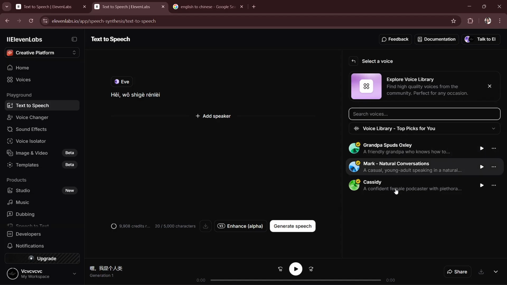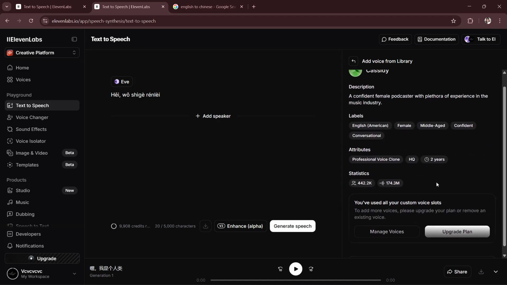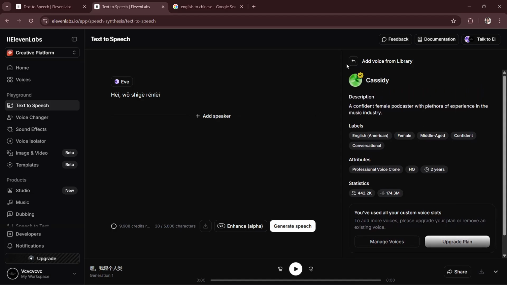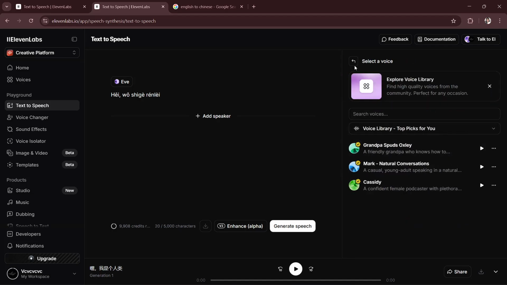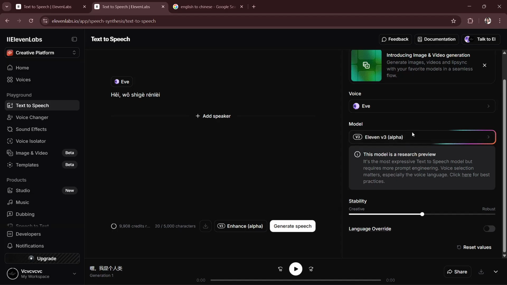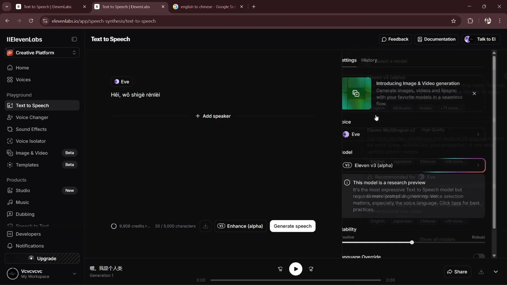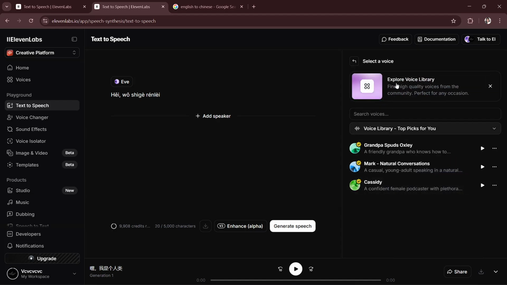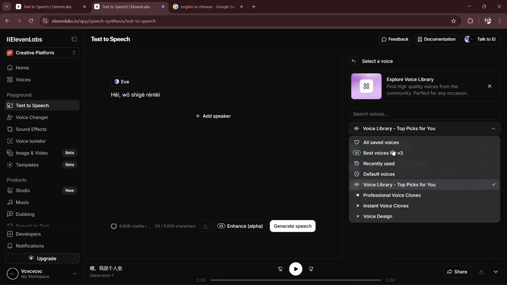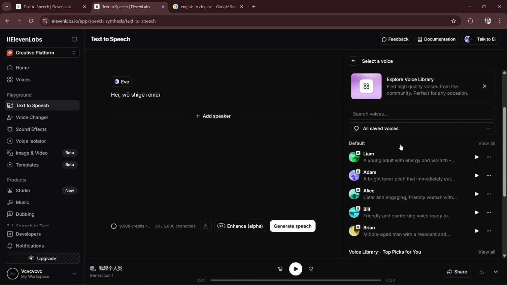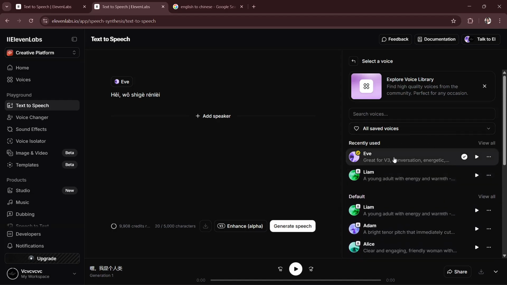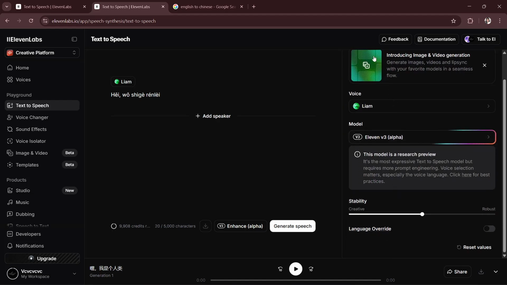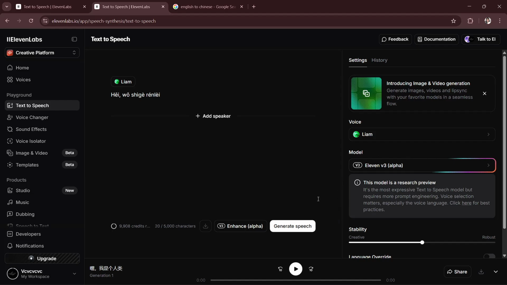And then, for example, I would want this voice, or okay, let's find a different voice. So you could actually just choose from your voice library or from all your saved voices, and now you will just have to click the voice that you want. So for example, we want this voice, and what you will have to do is just click generate speech